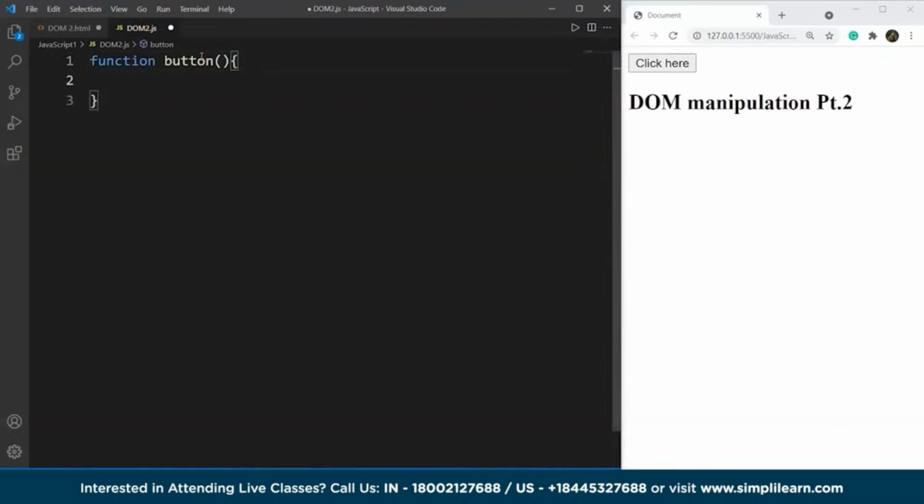We want this function to return a pop-up with the message welcome to SimpliCode, right? So we'll write here alert. I hope you guys are aware of this alert term because we have been through it in the last video. So we'll write here alert welcome to SimpliCode